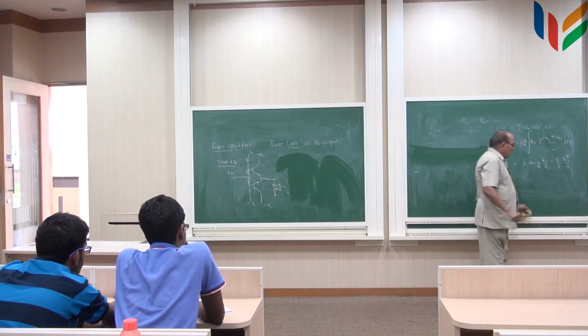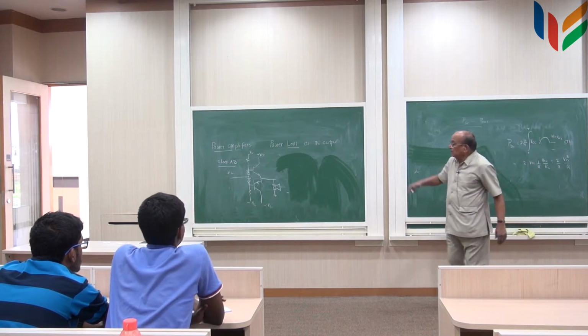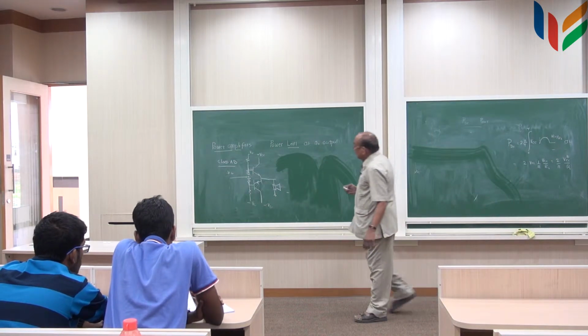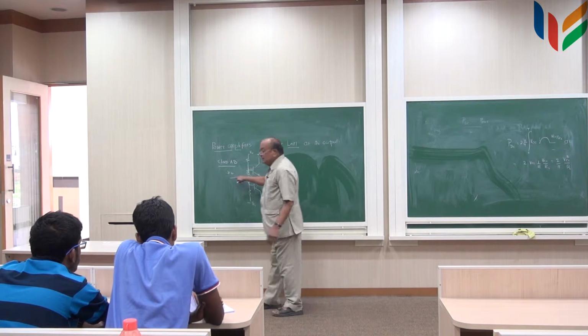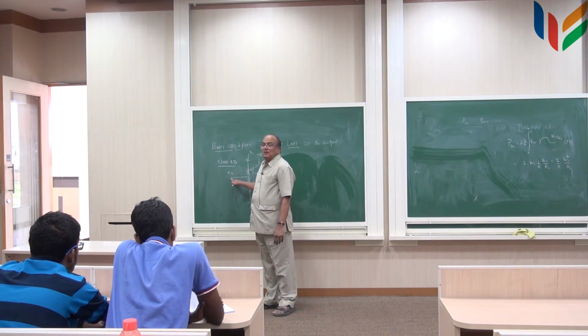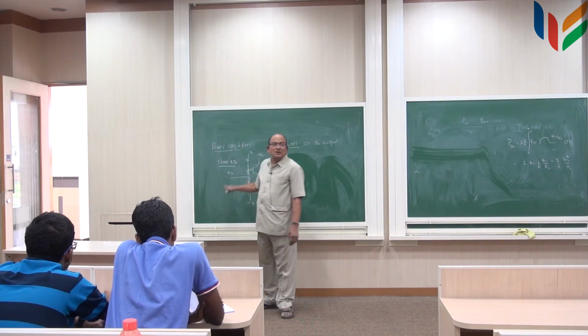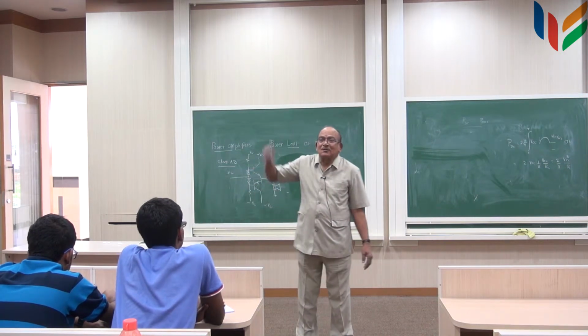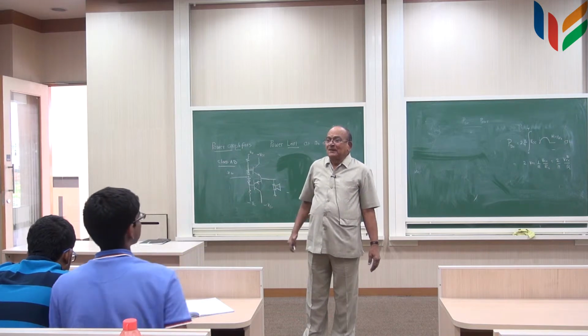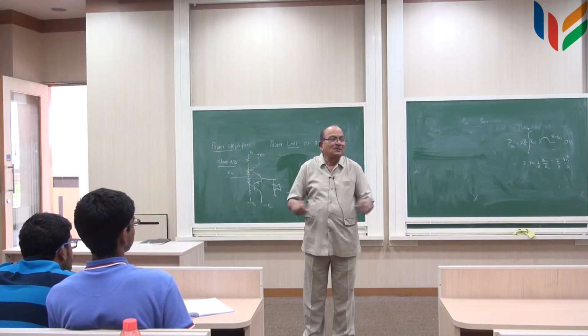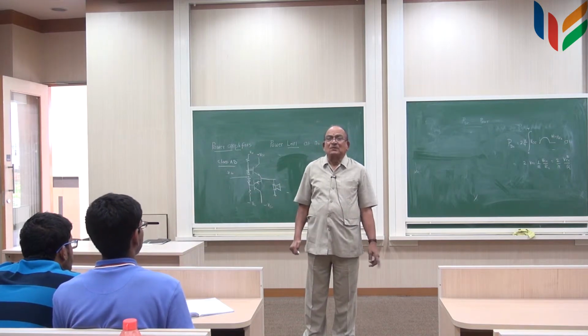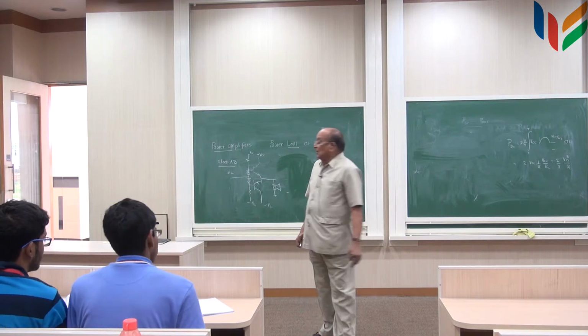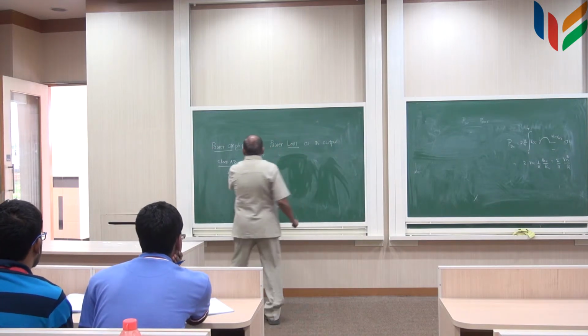But before I say something about closing this one, let me also say something about it. I am assuming here a sine wave, but music is not a sine wave, right? Music is something which goes up and down depending upon which instruments have been played or who is singing and so on and so forth. So how do I model this input?